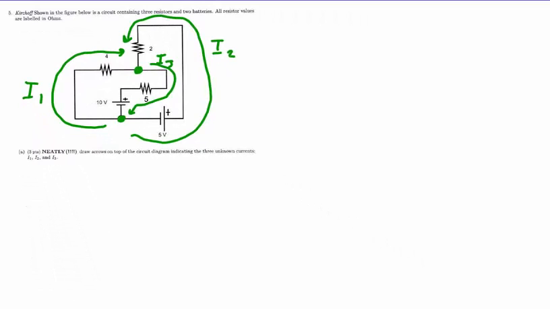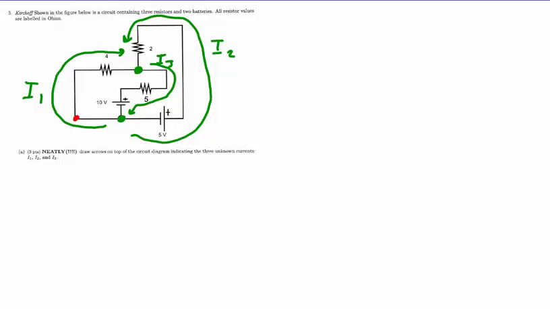I'm going to start a loop at the red dot that I have drawn in this lower corner, and I'm going to walk the loop through the 4 ohm, 5 ohm, and 10 volt battery in that order, meaning that I'll be walking clockwise. As I encounter the 4 ohm resistor, I recognize that there will be a voltage difference,